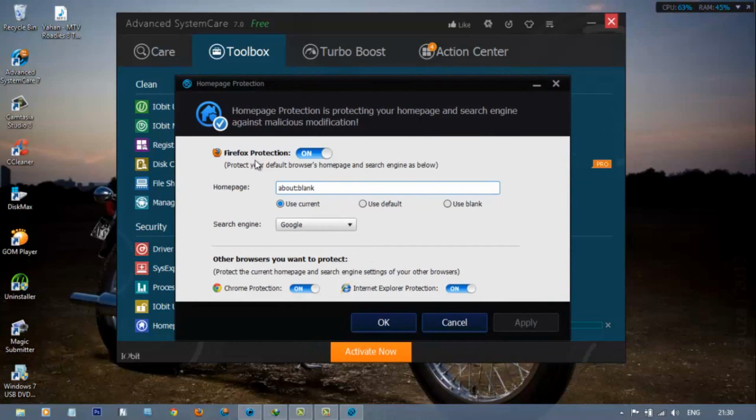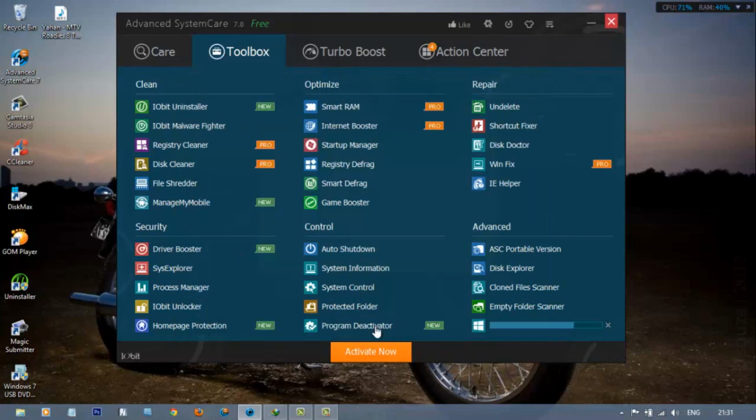As of now, it supports Firefox, Chrome and Internet Explorer. The other features which you can see were already present in the previous version.